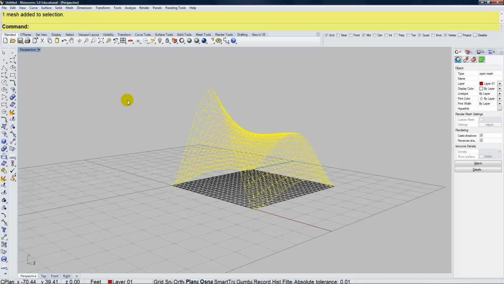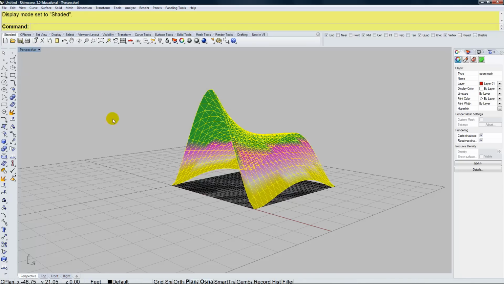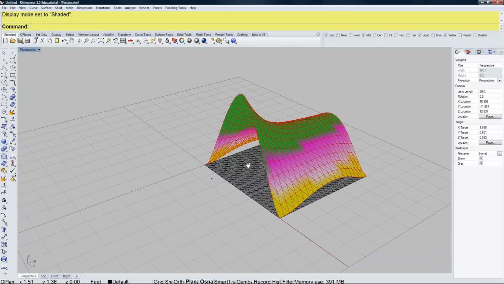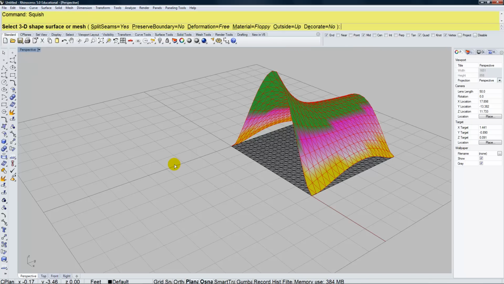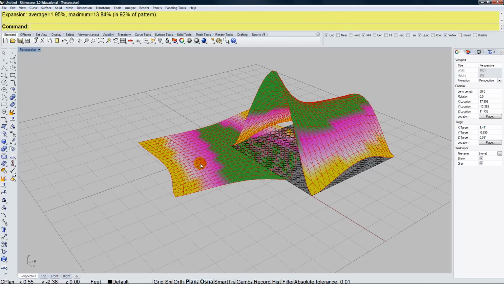So to see the deformation mapping, I'm going to change the perspective view. I'm going to go ahead and change it to shaded and deselect it. So now we see that. And what we're going to do is we're going to unroll or flatten this surface with double curvature, and we're going to do that through the squish command. So I'll type in squish, I'll select the mesh. Nothing happens until I hit enter, and there's the flattened